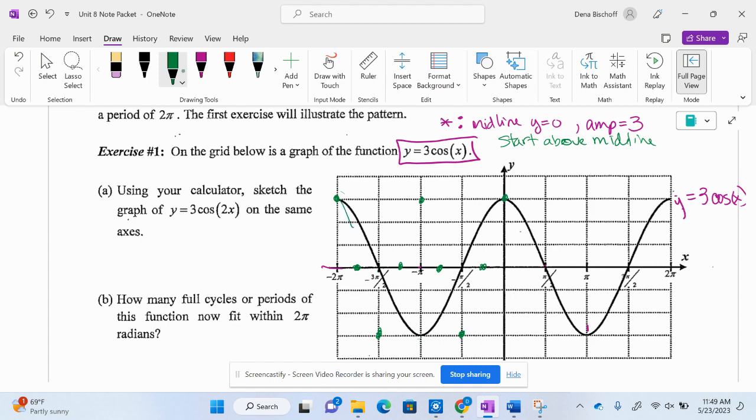So when I look at my negative 2 pi to 0, I have 2 cycles on that side. And then I'm going to do the same thing on the other side. So those movements are taking place at every quarter pi instead of every half pi. So when I look at 0 to positive 2 pi,